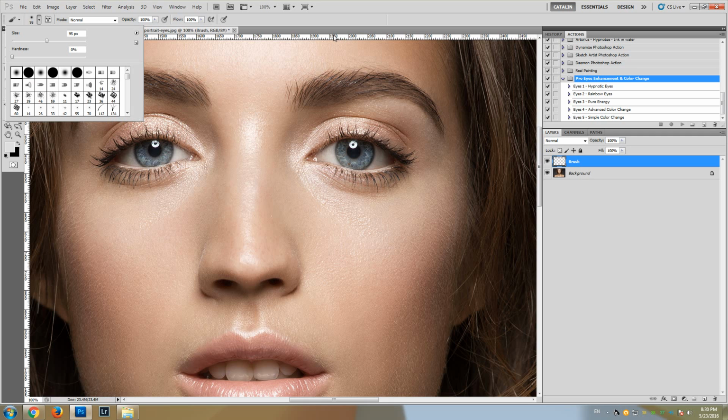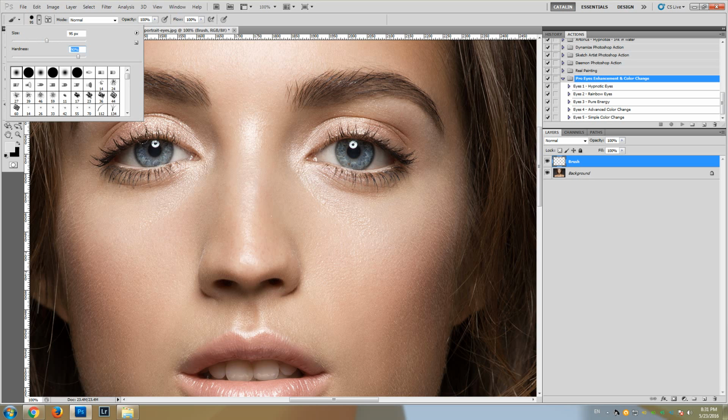Now here comes the important part for you to remember. Set a hardness of around 90%. This hardness set to 90% and not 100% or lower allows a thin area of transition on the brush. It's not very hard, let's say. Okay, and the size must be the size of the eye, because I suggest you only